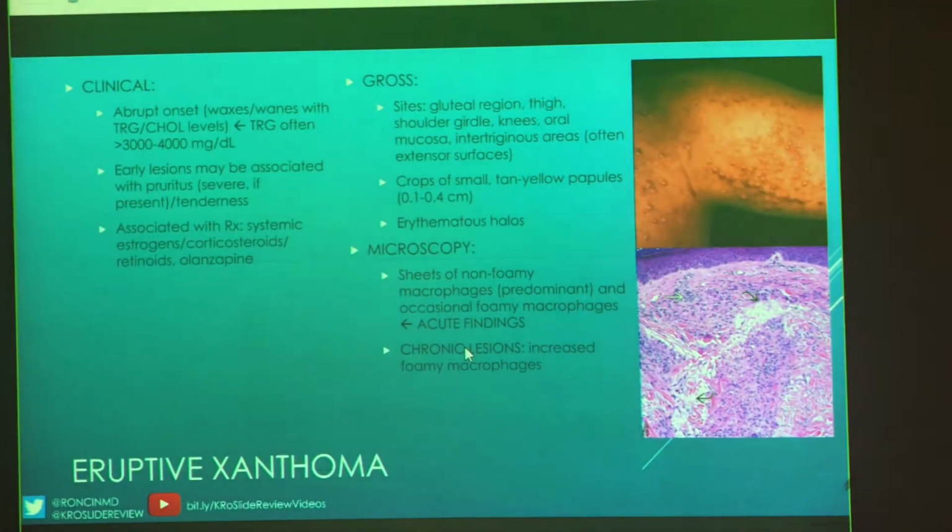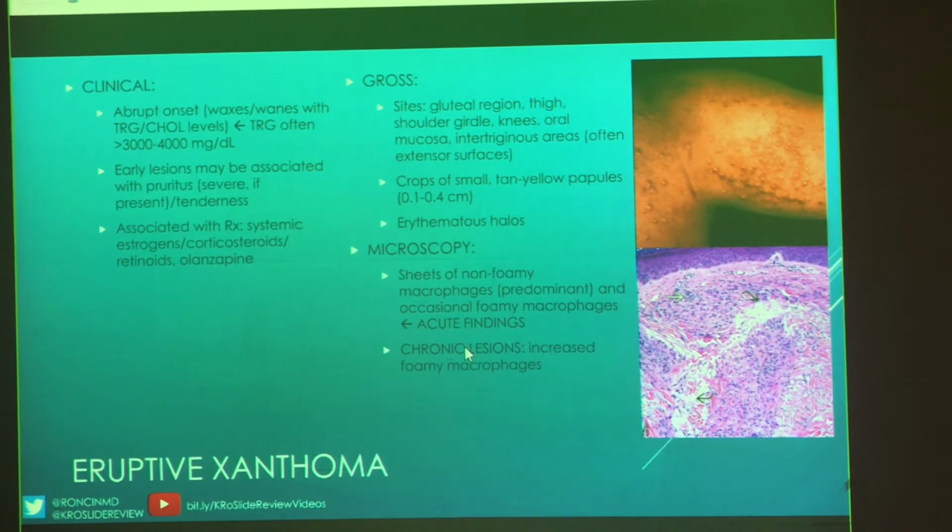Okay, so again, why eruptive? It's a very abrupt onset and it can wax and wane, and again, this is affected by lipid levels, specifically triglyceride levels. So in patients who have hypertriglyceridemia, those hereditary conditions, you'd see maybe a lot more of these. Early on, they can be very pruritic or itchy. They may or may not be tender,